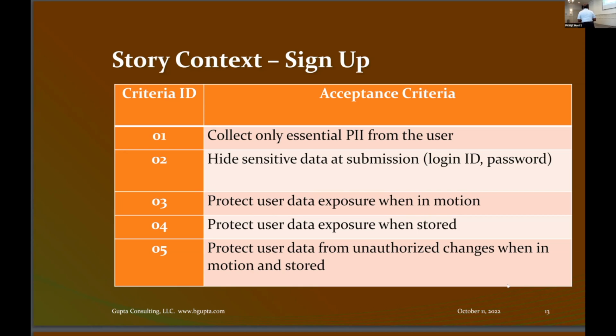And the last one is tampering, changing the data. Make sure nobody can change my data. So from a customer perspective, if my story is sign up, I would want at least this acceptance criteria. And there could be more.